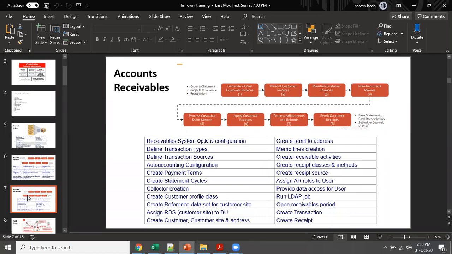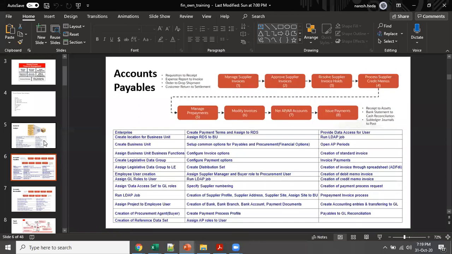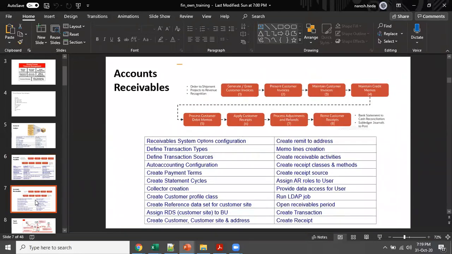And mark my words, although we have assets and we have expenses, none of the companies in the market will take you for only one module. These three are the father of all the modules. You need to be an expert in either payables or receivables. And ultimately, if you know payables, then only you would be able to connect it to expenses or assets. And receivables itself is an ocean in itself. So these two modules need to be known in and out.